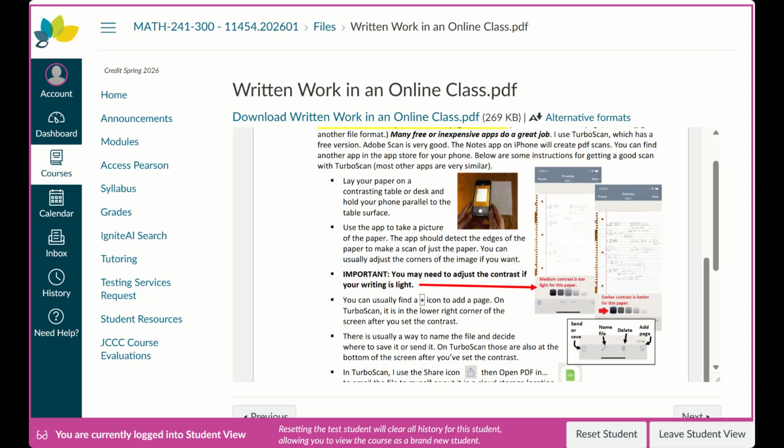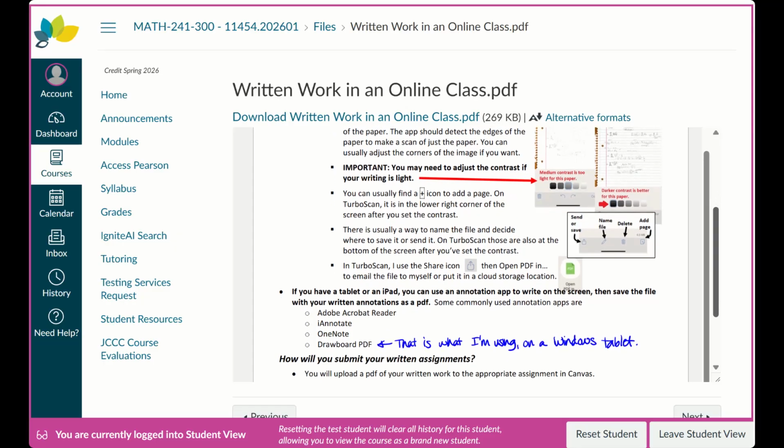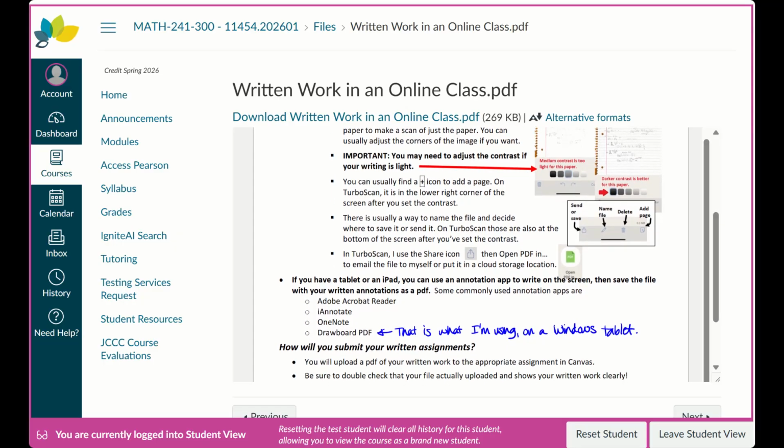There's also some other features. You can save the file, name the file, delete a page and rescan it, and then you can share it and send it to your computer or OneDrive or wherever you store your files,